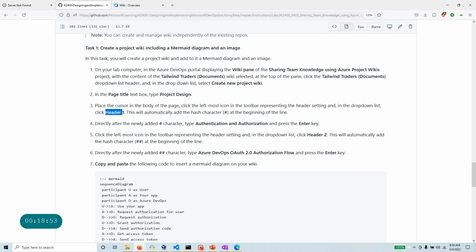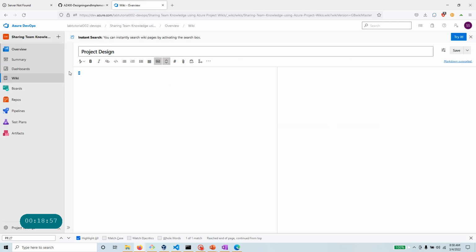See what they're saying. Place the cursor in the body of the page, click on the leftmost icon. Okay, so let's do the leftmost icon. So put the cursor here, put the leftmost icon, click on the header one. So that symbol represents that anything that you write here is going to be treated as a header one. Okay,